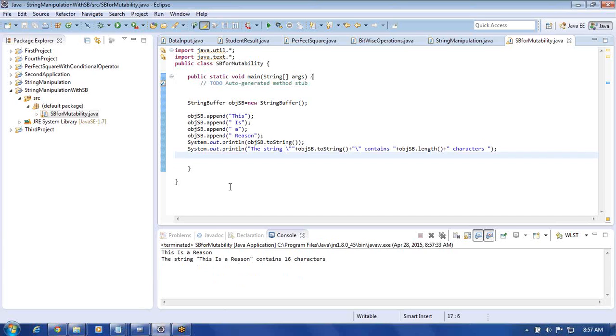Okay, so here we are appending data to the existing object. That means what? It's mutable. Initially we had only this, but later on we add more and more words to that. Initially you have this, then you have is, a, reason. Like these 4 words have been added. Now let me